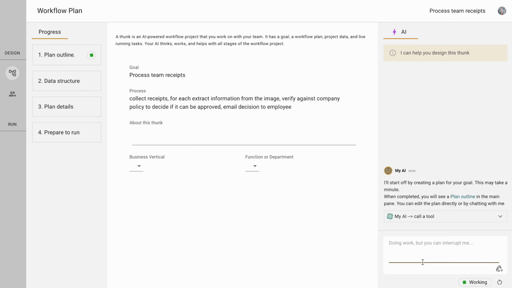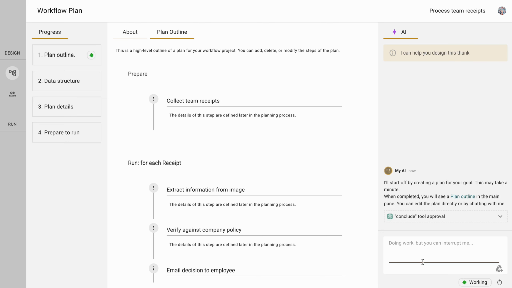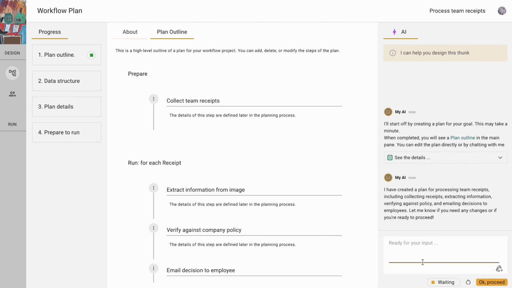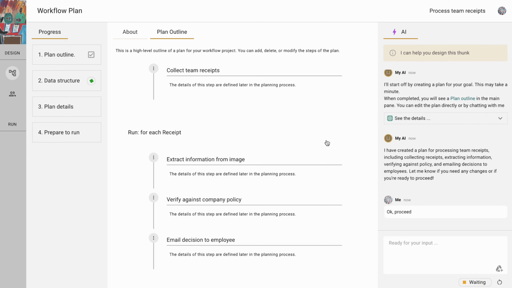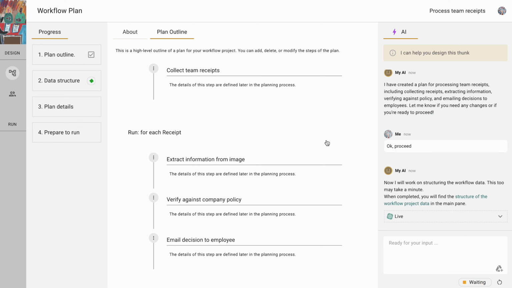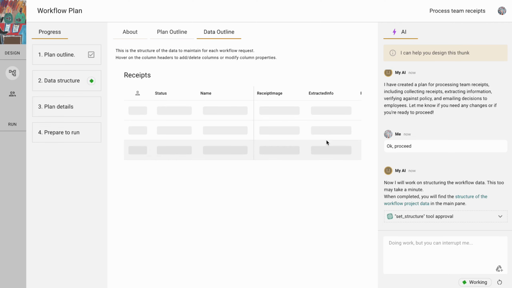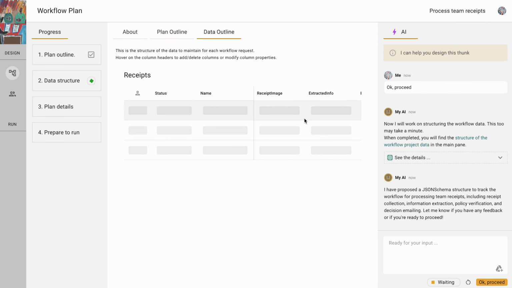Your AI will now navigate you through a series of planning steps to get you from your intent to your custom AI application workflow. First, it builds a plan that you can edit. Since this plan quite well matches what I'd given it in the instructions, I am going to proceed to the next step of planning, where it comes up with a schema for the data that we will maintain in this project. Here it's identified that we will maintain the receipt image, the extracted information, the policy verification result, and